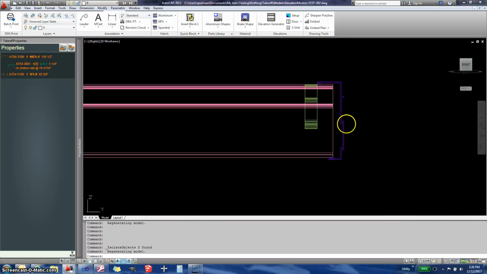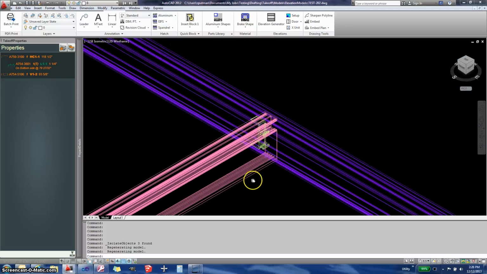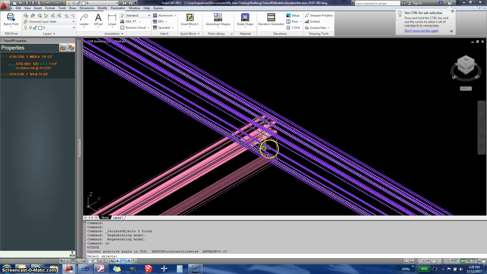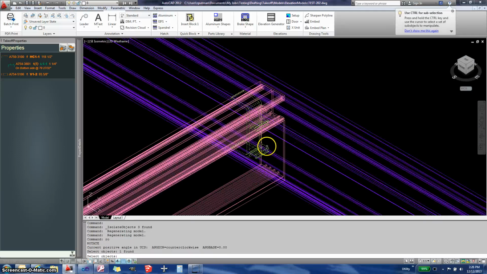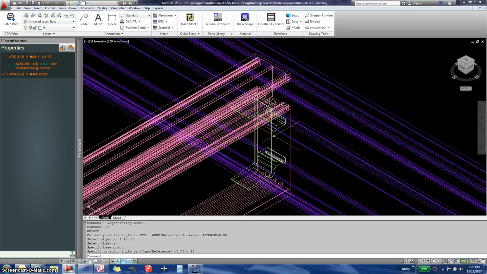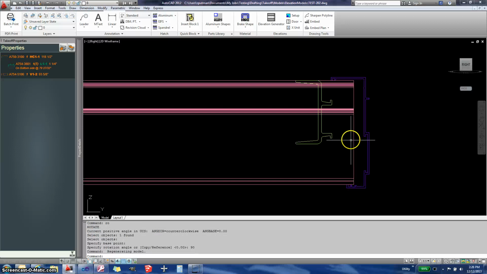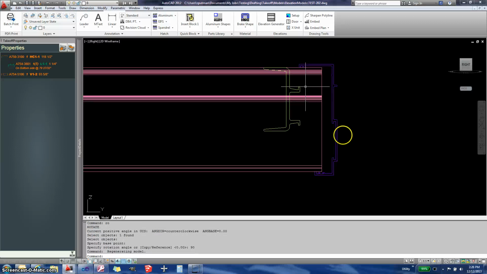Now I can use my normal AutoCAD commands to rotate this and move it so that it is in the right position. Go ahead and run the rotate command. I'll just rotate it around some arbitrary point because I'm going to move it, and we'll rotate it 90 degrees. Now I can see it over here. Now I need these legs to go inside this track, so I'll move this,